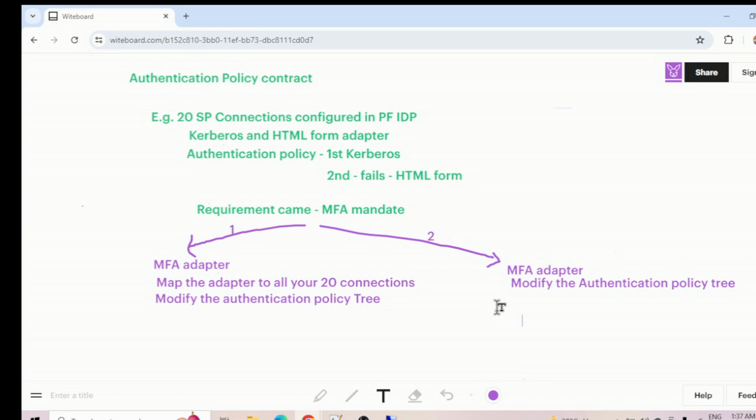Again, if you're not using fragments, your policy looks very complex and it's not easy to administer, right? But if you use fragments in PingFederate, the administrative part becomes much easier, and you can easily administer your policies, right? So these APC and fragments, both help you reduce the complexity, and it is easy for you to understand things. So yeah, I think this is about APC. Now quickly let's jump to